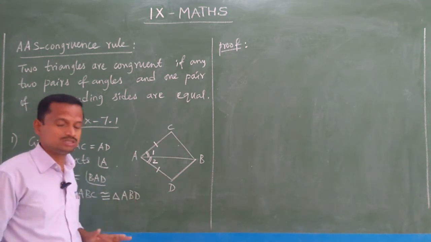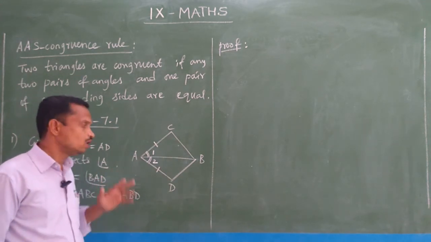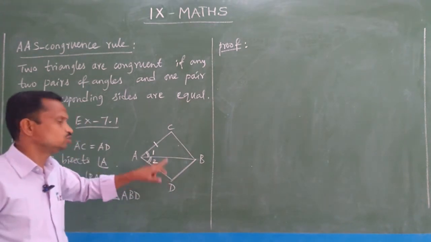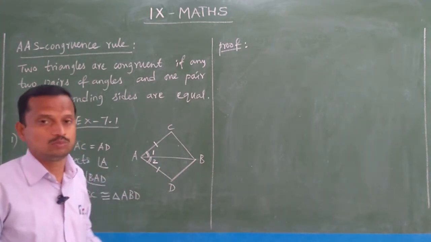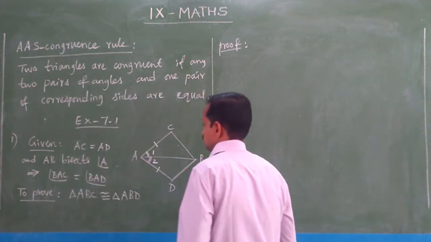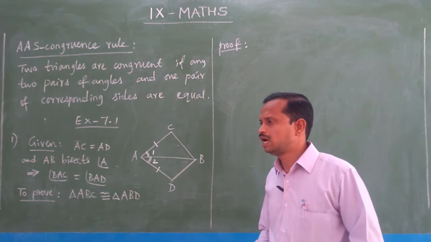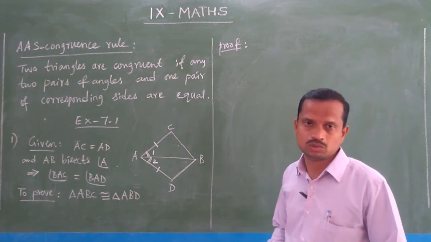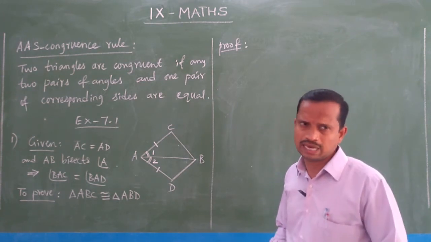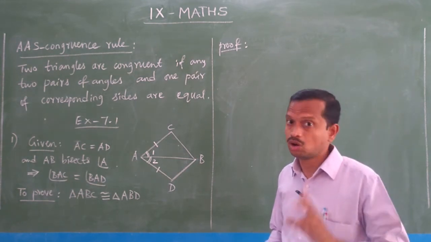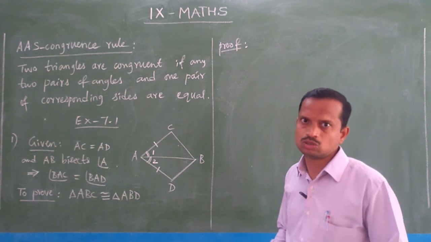Okay, in a diagram question, you have to observe very carefully what is given in the diagram. And ABD means this triangle. So these two triangles are congruent, that we have to prove. So in the proof part, you see, to prove the two triangles are congruent, we should have three elements. Three sides, three angles are there. So out of these 6, 3 we need, but not 3 pairs of angles. Just now I explained to you.